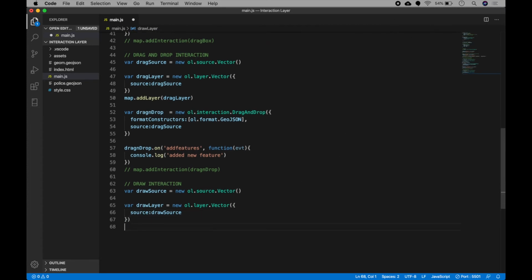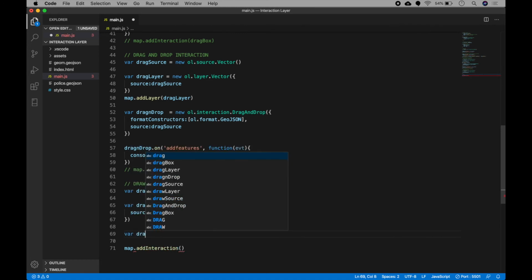Okay, now let's add this interaction to the map. So map.addInteraction. We haven't actually done an important thing, that is declaring this interaction.